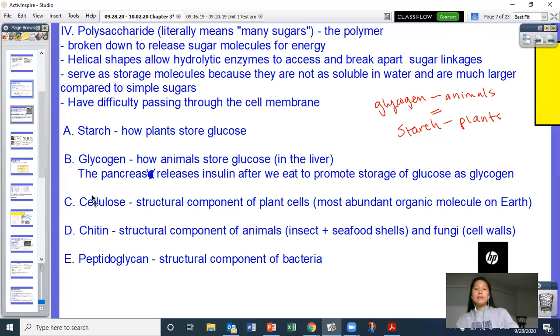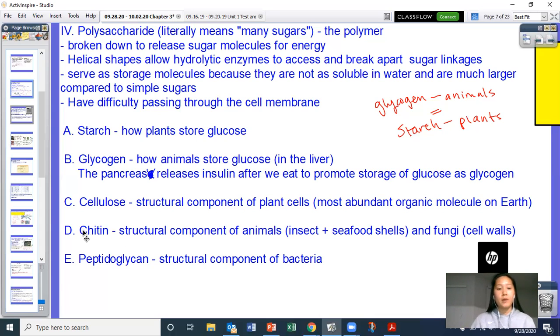A third form of it is cellulose, like I talked about. Cellulose is the structural component of plant cells. It is the cell wall. And this is the single most abundant organic molecule on Earth, because there are a lot of plants on Earth. And all these plants in every single one of their cells has cellulose on the outside of it to provide